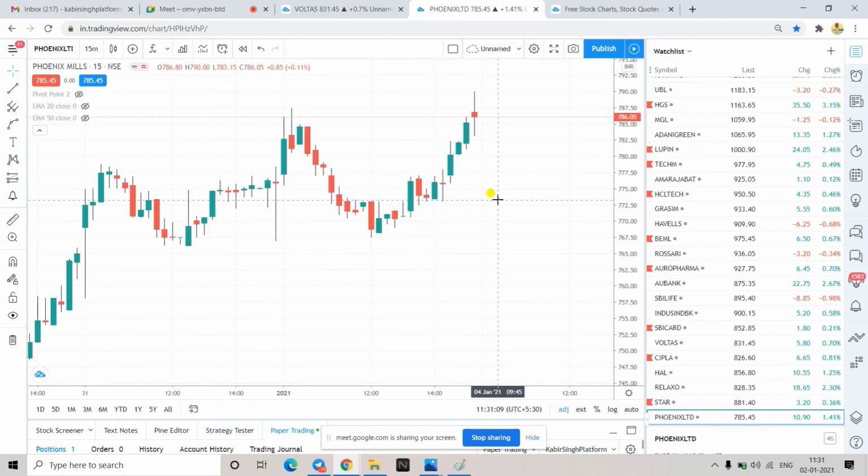Like this, if you see here, this is also a good prospect for tomorrow. The price was here, it made a high, and then again a U kind of pattern, and the close was around the high. This is the high and the close is here. Once this high breaks tomorrow, you can anticipate a good move.